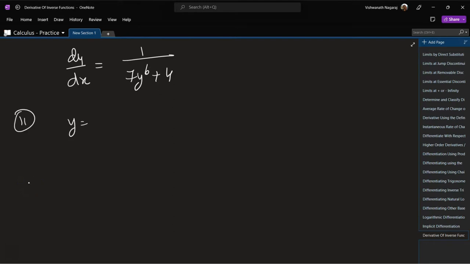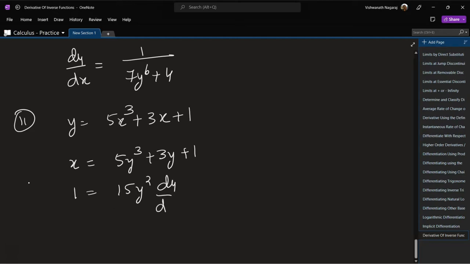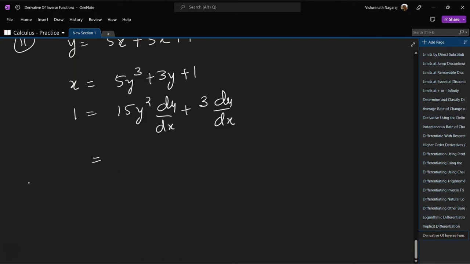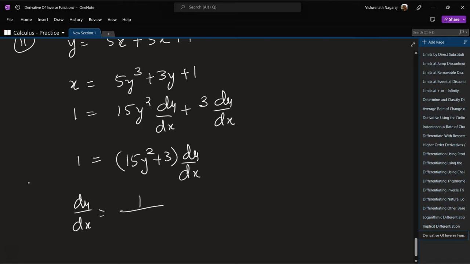11th one, y is equal to 5x cubed plus 3x plus 1. The inverse would be x is equal to 5y cubed plus 3y plus 1. And when we differentiate this, we get 1 is equal to 15y square dy by dx plus 3 dy by dx. And this is going to be 15y square plus 3 times dy by dx, and dy by dx would be 1 by 15y square plus 3. 12th one,